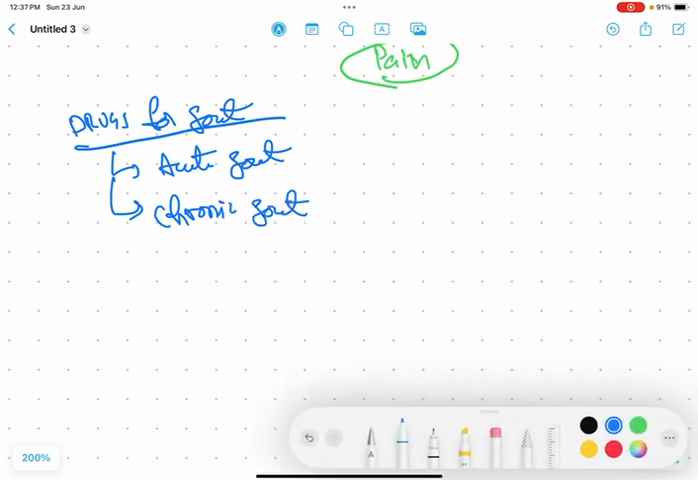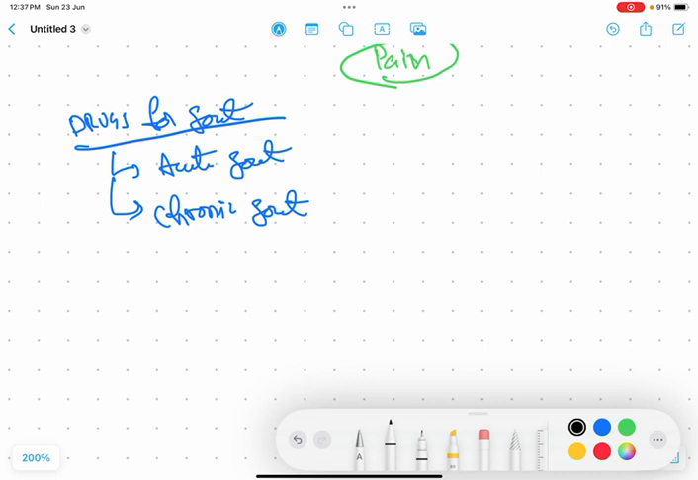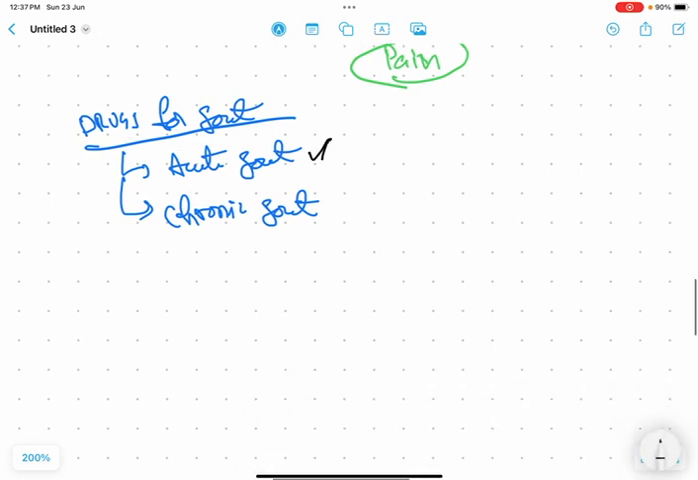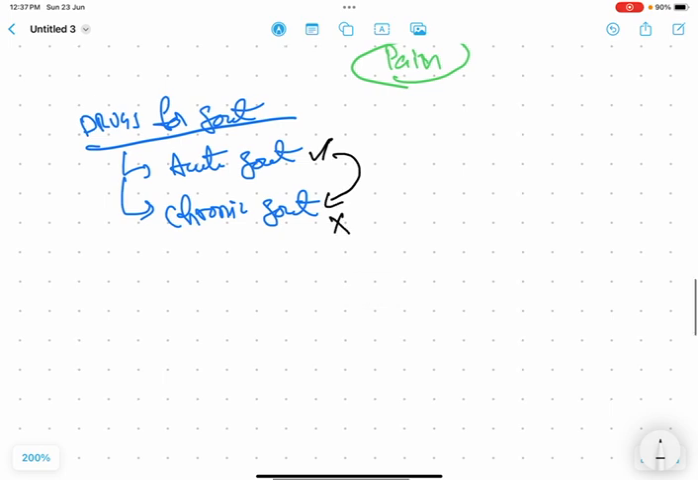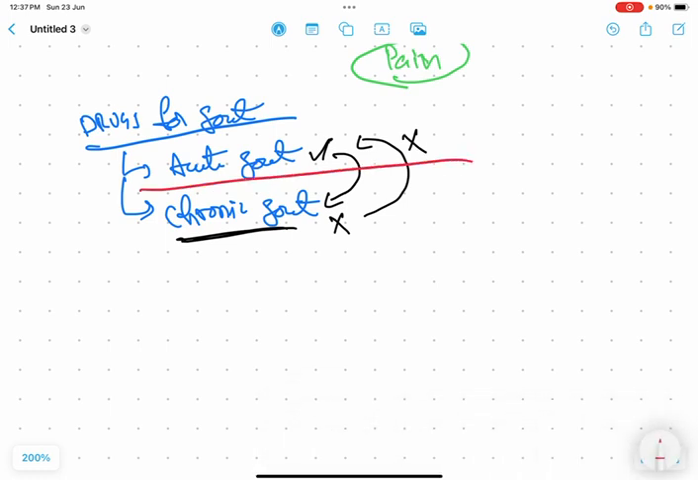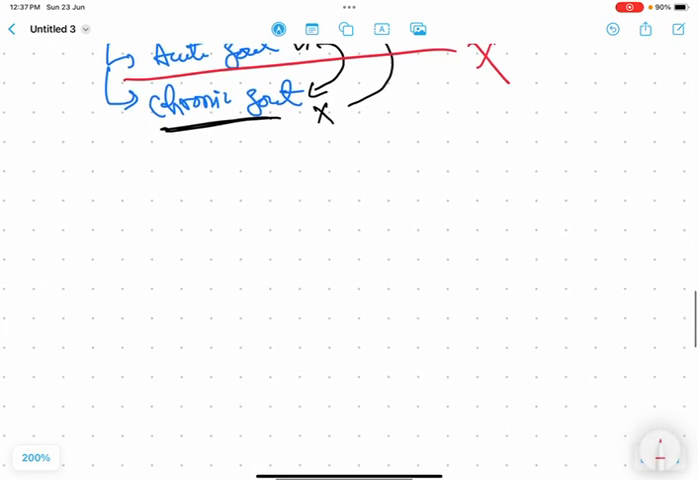Please remember that when we are treating acute gout, the drug should be given only to acute gout. It should not be given to chronic gout. And when we are treating chronic gout, the drugs used in chronic gout should not be used in acute gout. They have different types of drugs. Okay, so for treating acute gout,